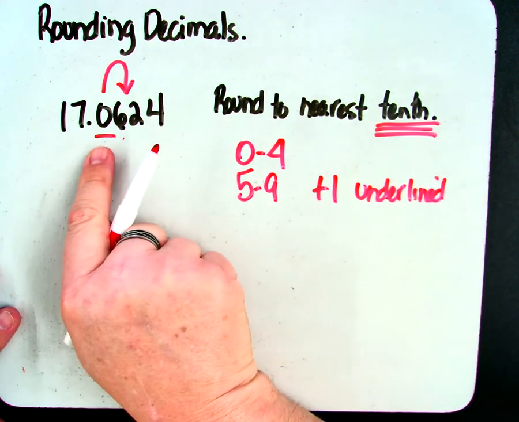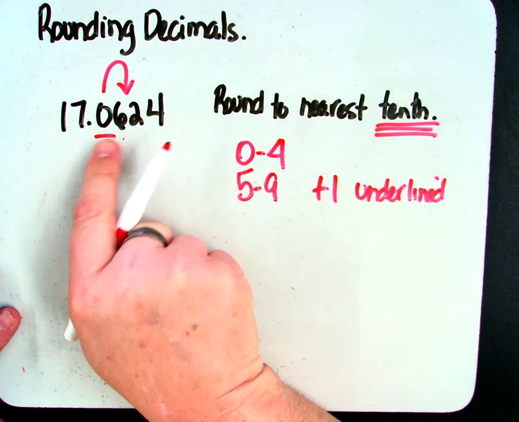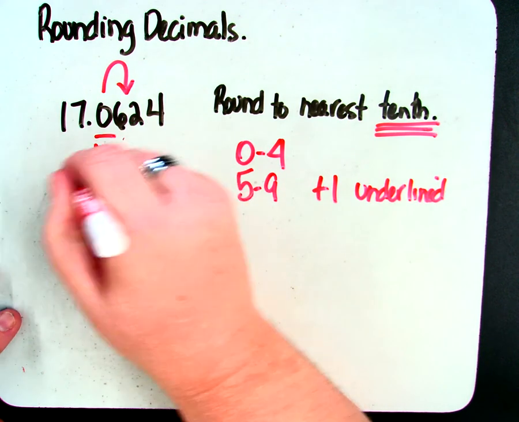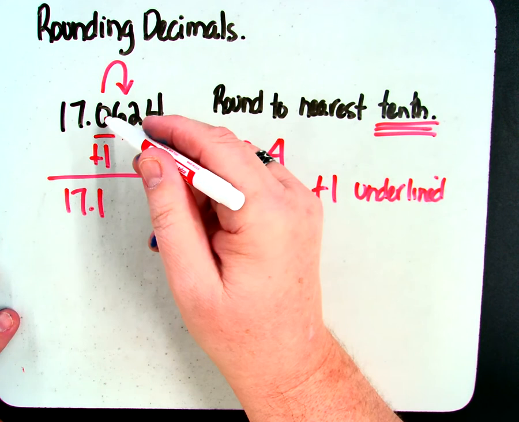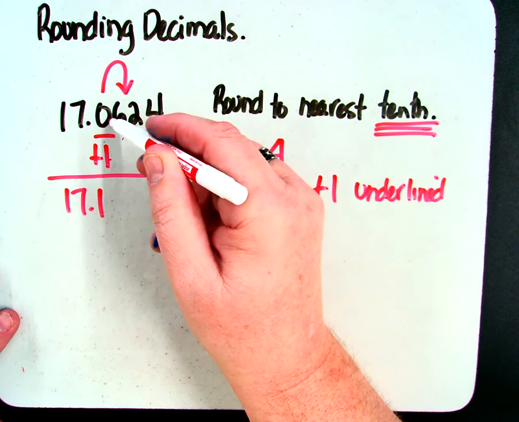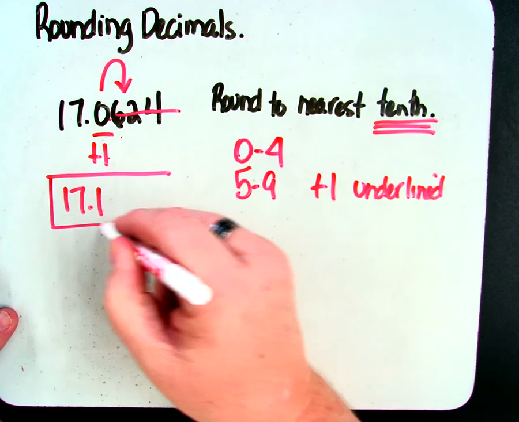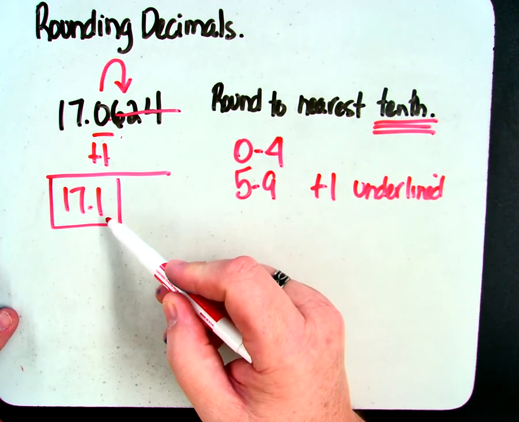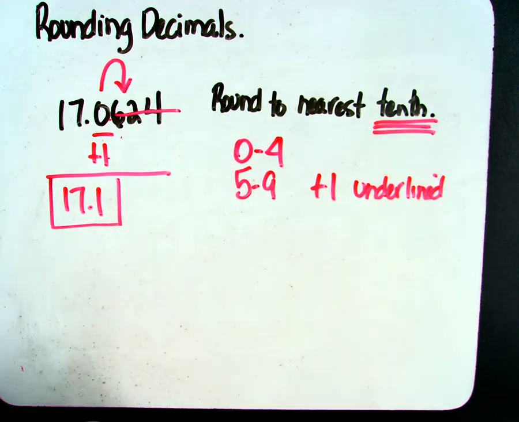So, if we're rounding to the nearest tenth, we're going to look at the 6. And does the 6 give us the power to add 1 to the underlined number? It does. So when we do that, we're going to add 1 to our underlined number and forget everything else exists. So this number rounded to the nearest tenth would be 17 and 1/10. Now, using this as an example,